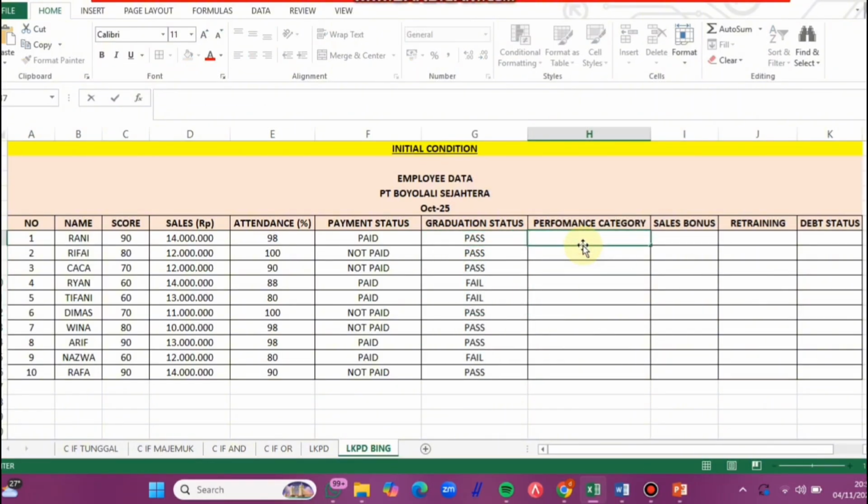Okay, for column performance category we will use nested IF.